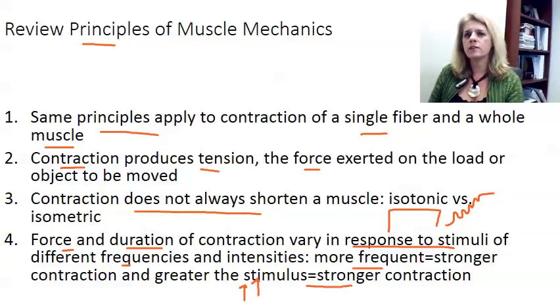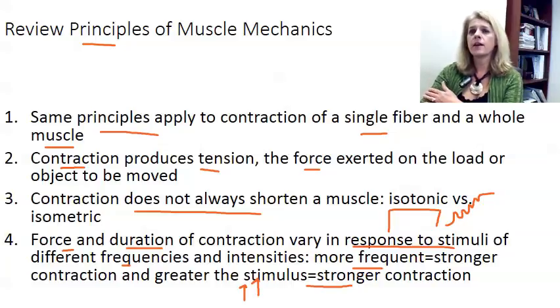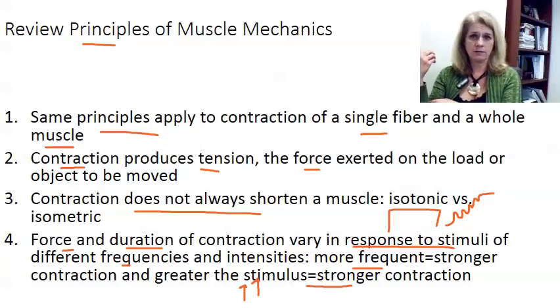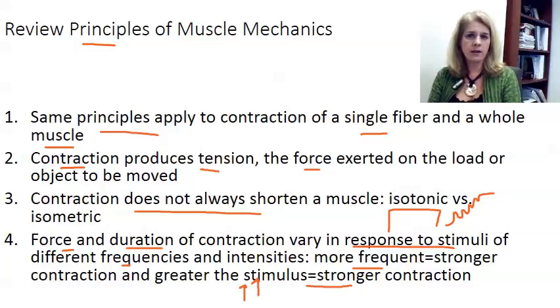So there are many ways for your muscles to contract in a graded way. We have the amazing ability to use the same muscles to pick up something very, very light. I can pick up a feather with my biceps brachii, and I can pick up a 15-pound barbell, because of the amount of stimulus and how frequently I stimulate that muscle. And then if I want to hold it there for a while to sustain that contraction, to hold the feather or the barbell up for 10 or 15 minutes, we'll talk about the energy required to do that,